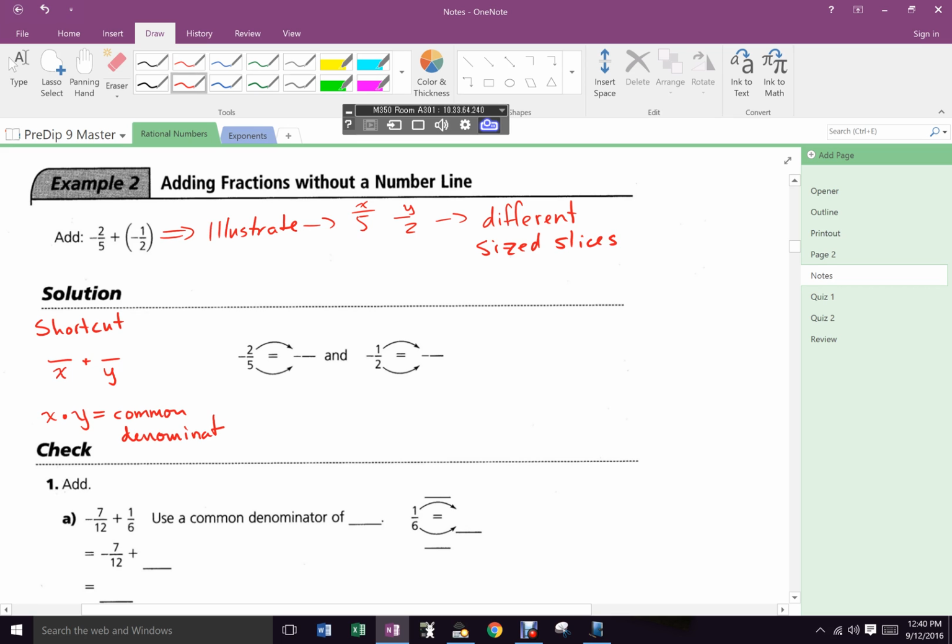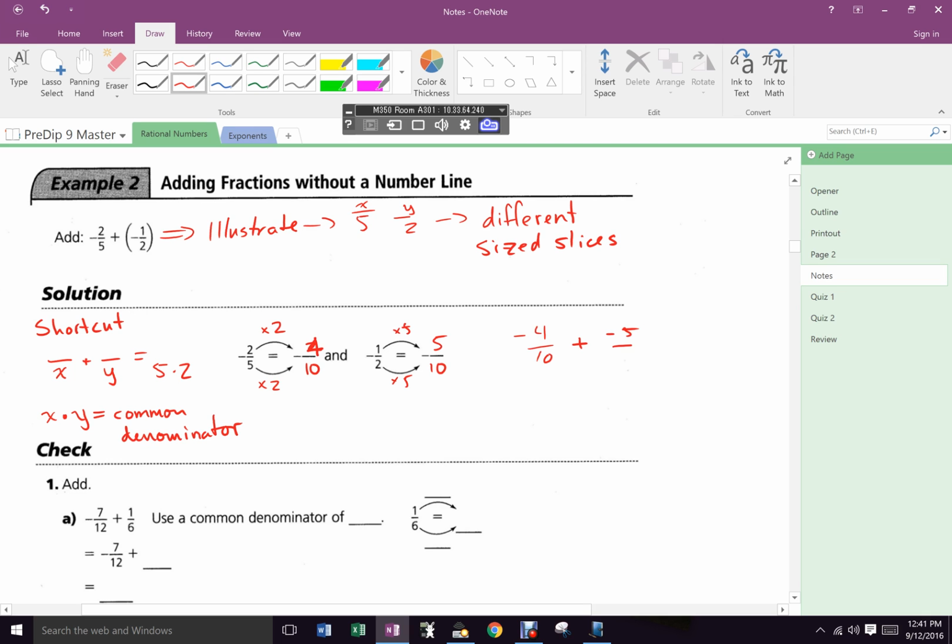So you guys here see 5 and 2. So that's 5 times 2, and your common denominator is what? 10. So you're putting 10 on the bottom of these. And then you simply remember, what did you do here? You did times 2, so you do the same thing to the top. 4 times 5 times 5, so you have 5. So you have negative 4/10